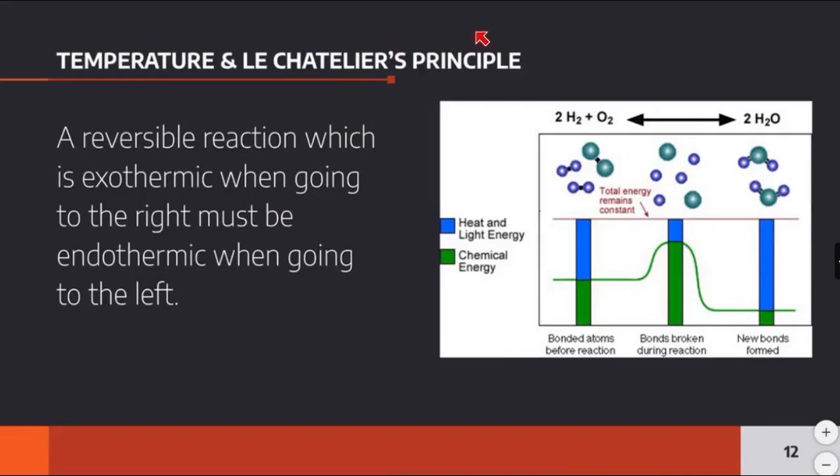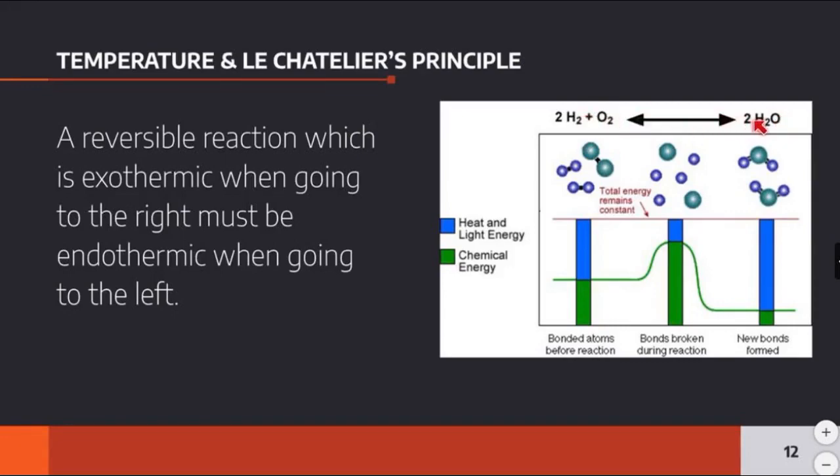The second thing that affects a reaction equilibrium, per Le Chatelier's principle, is temperature. One thing we want to notice is that this particular reaction, the way we've always talked about it, should be an exothermic reaction. We notice the chemical energy drops, and since the total energy stays the same, that means the thermal energy goes up. But that's only true if we go from left to right, which is the way we normally do chemical